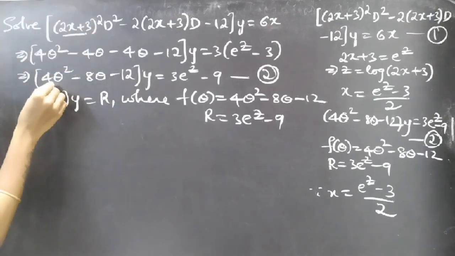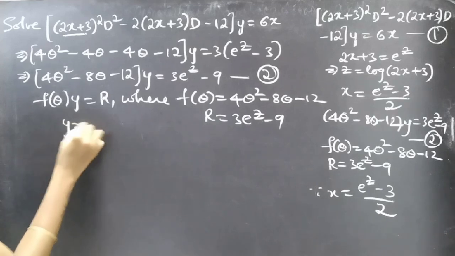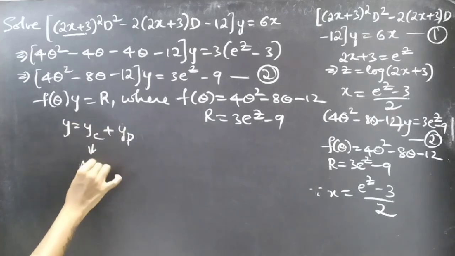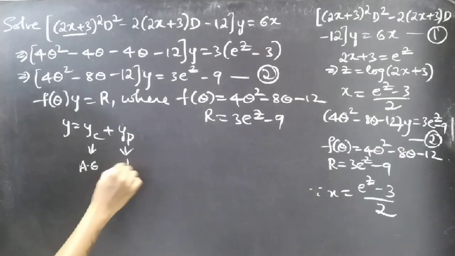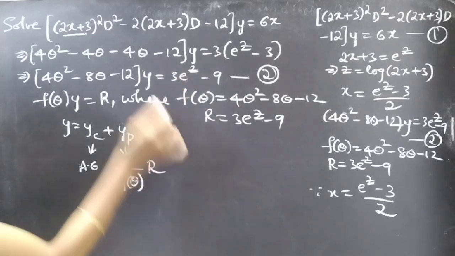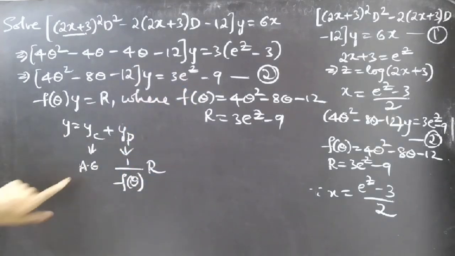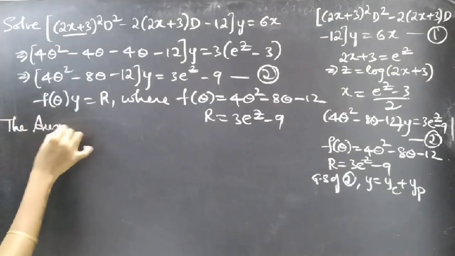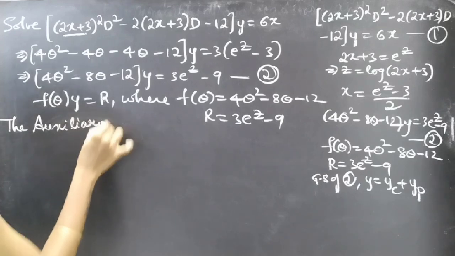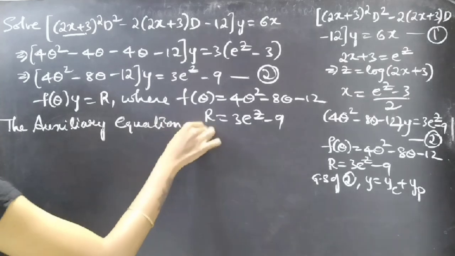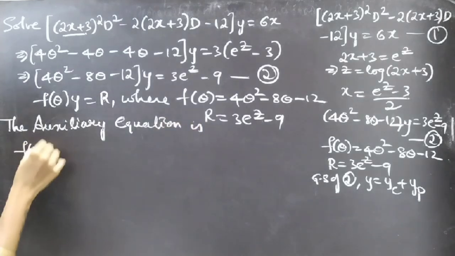Okay, and the general solution of this equation is given by y equal to yc plus yp. Here yc comes from the auxiliary equation, and we'll get yp using 1 by f of theta into R, that is the RHS part. Okay, let's see. Let's begin with the auxiliary equation. The auxiliary equation is f of m equal to 0,